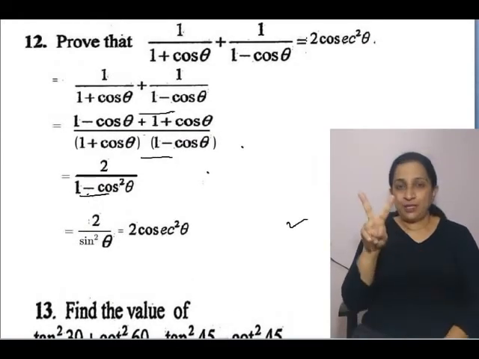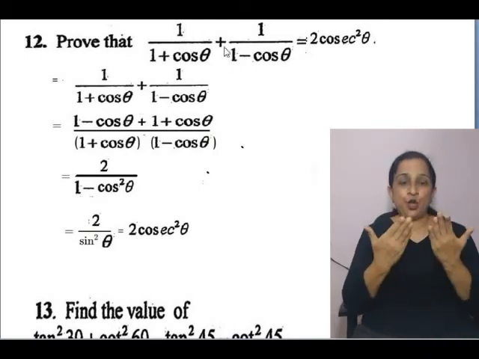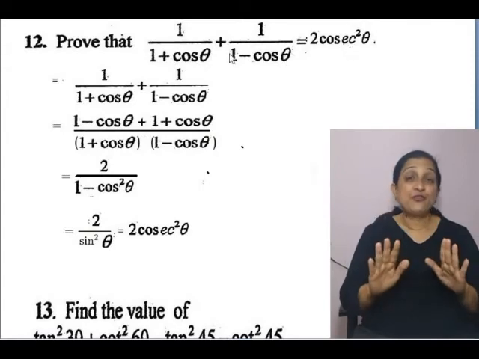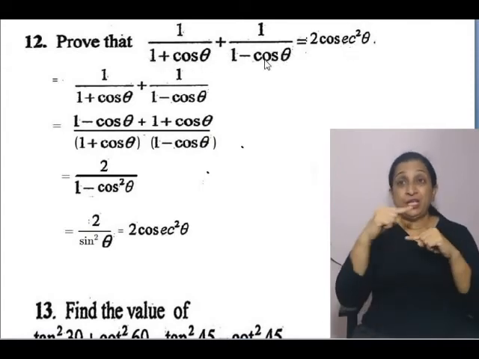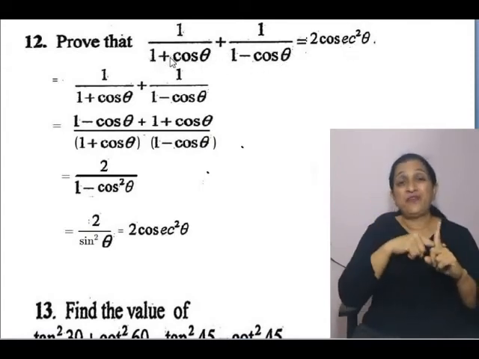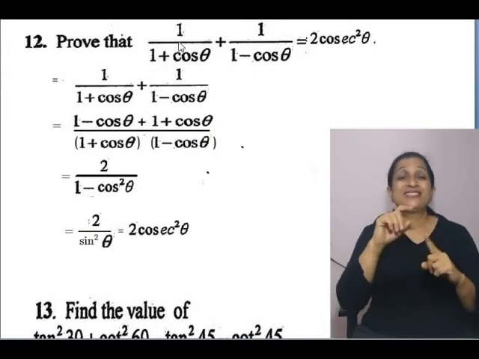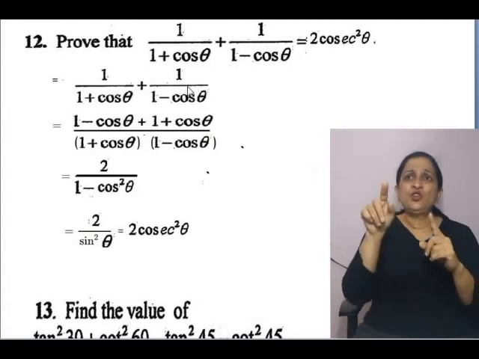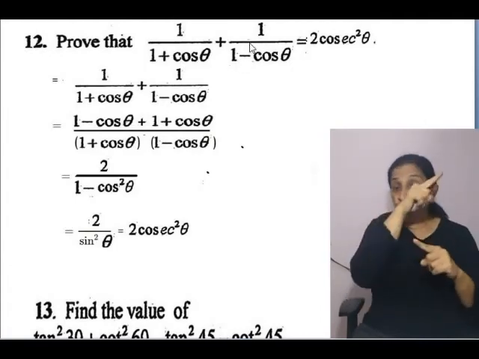Next, trigonometry. How to prove that function? Whenever you get an equation to prove like this, and you get either 1 plus sin theta, 1 minus sin theta, or 1 plus cos theta, 1 minus cos theta, straight away you multiply, because sin square theta plus cos square theta equal to 1. So when you cross multiply this,